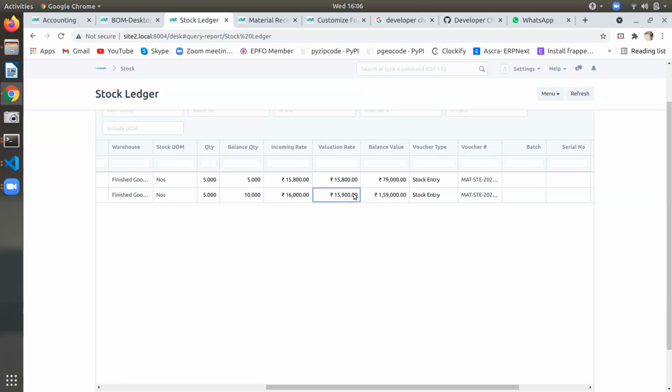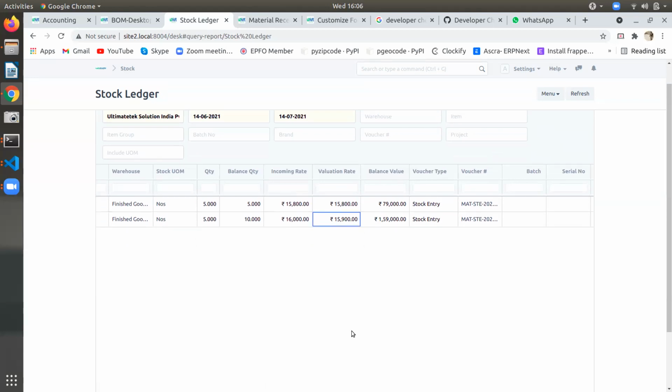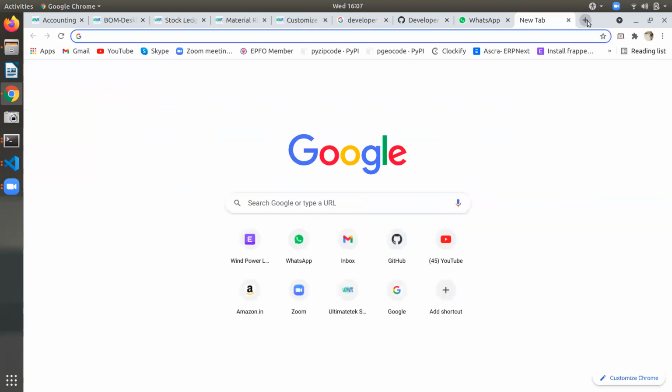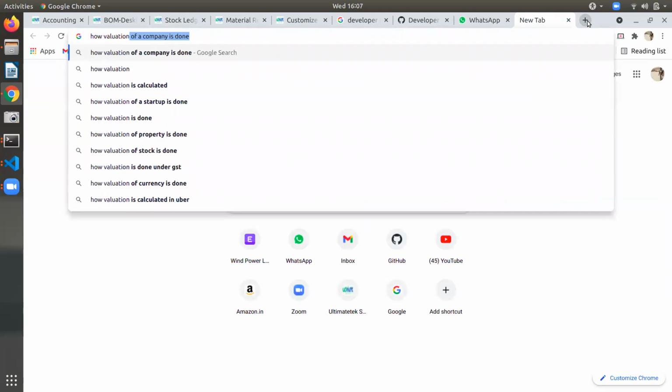Average, and it is average. Just show that in the Excel sheet. Yeah, we got it now. That is the same average cost it's taking. Yeah, average stock, average value. Average costing is 15,800 plus 16,000 divided by 2. Divide by 10, the total number of this one. Total stock value is how much? One minute. Okay, that's correct.